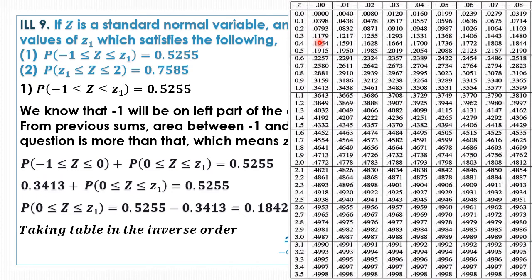Now 1111, 1115, 19. So let's go back a bit. 1844 and 1808. Now you can see 1842 is somewhere between 1808 and 1844, but 1808 is a lot farther away from 1842. We need 1842, which is a lot nearer to 1844. So looking at the table, 1844 has a z value of 0.48. So we are going to take the same value. Z1 will be taken as 0.48. In this question we are only supposed to calculate the value of z1, so we will end it there. We will move forward with the second one.